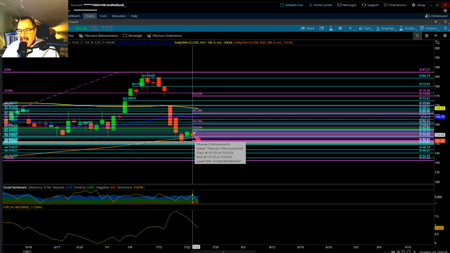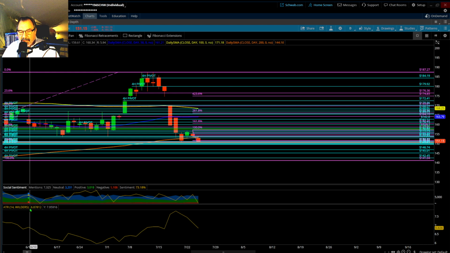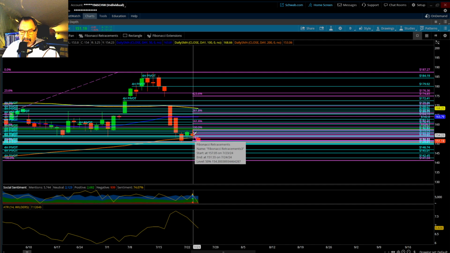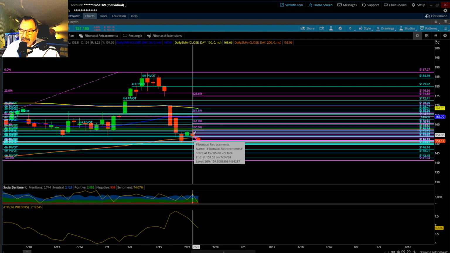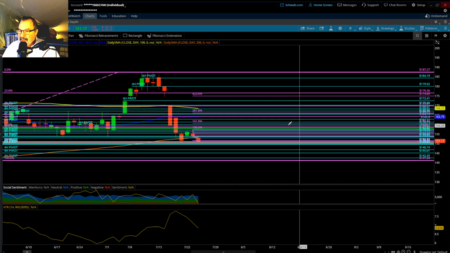So you take that number, then you look at the 14-day ATR. Right over that, it says $7.12 when I go back over the candle. So you divide that number by 2, and you subtract half of it from the close of day to get the ATR low, and then you add half of it to the close of day to get the ATR high. And that's setting our range.